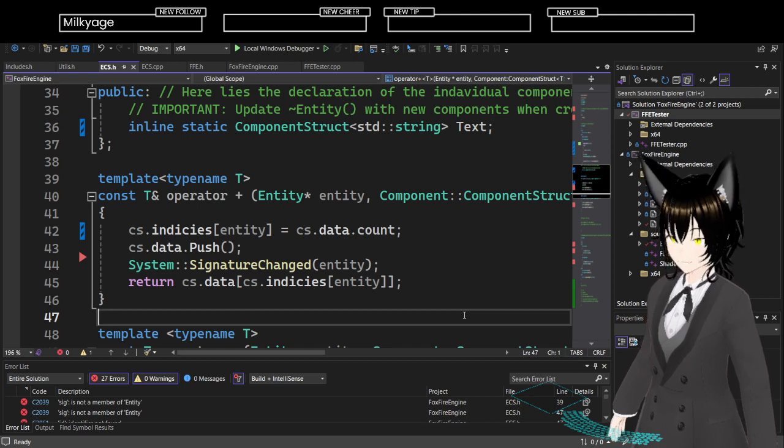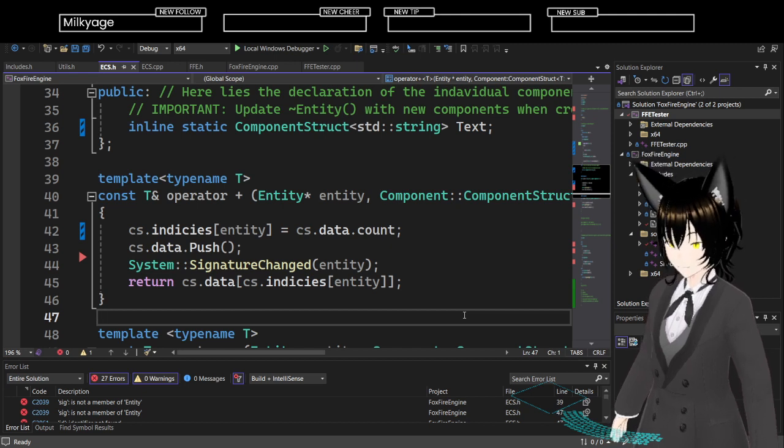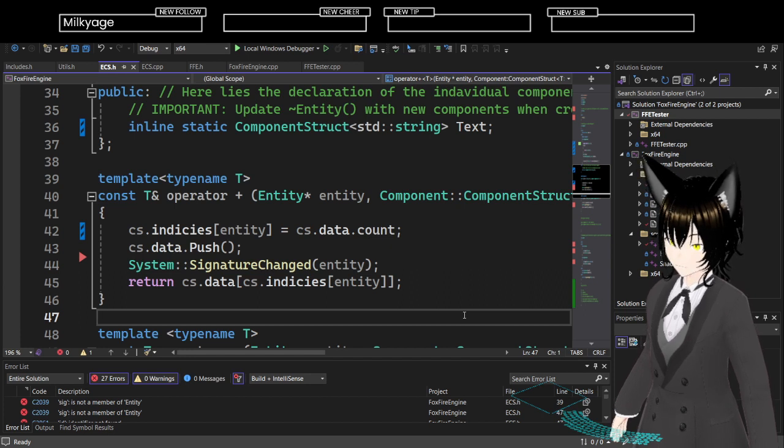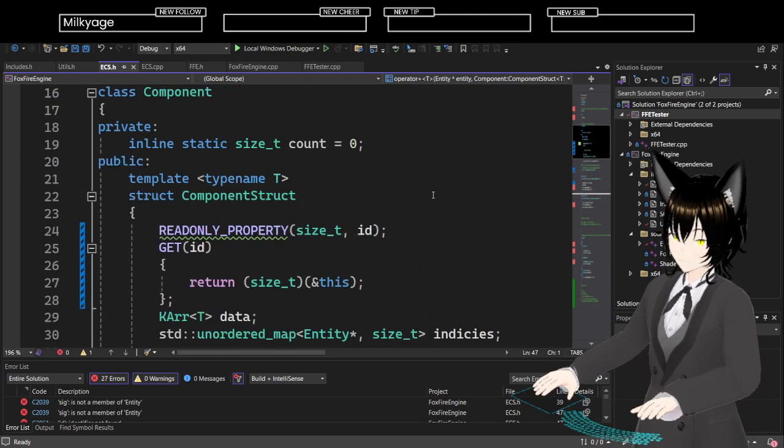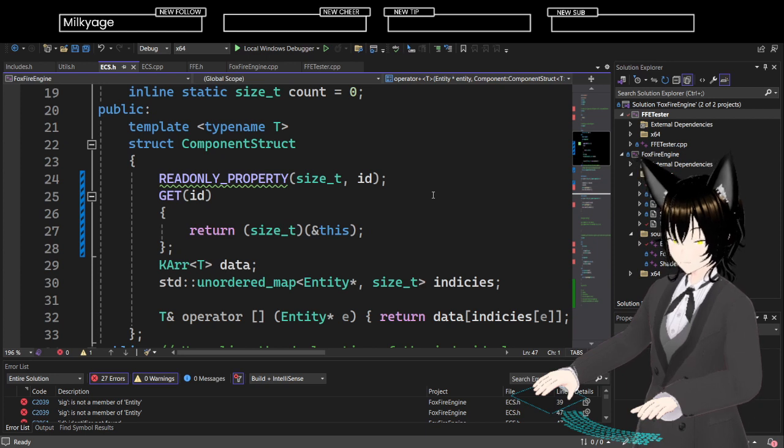It's by no means necessary in very many cases, but it is nice to have. You have access to this incredibly powerful tool. And in fact, that's really all that C++ does, is manipulate memory.